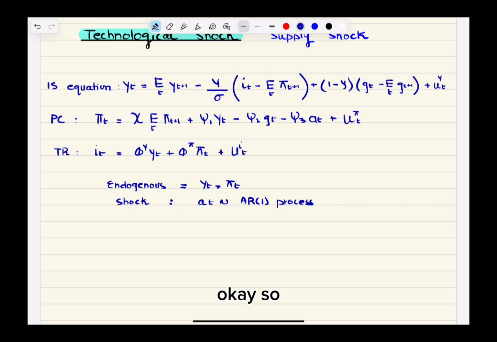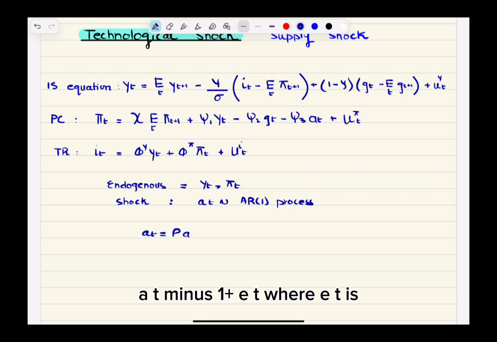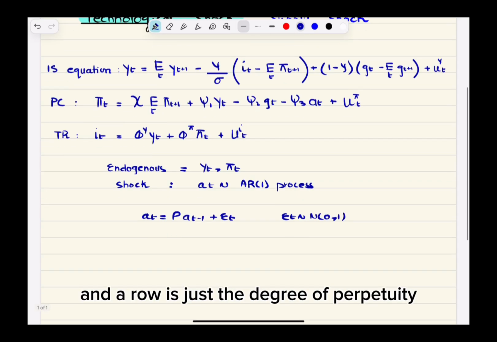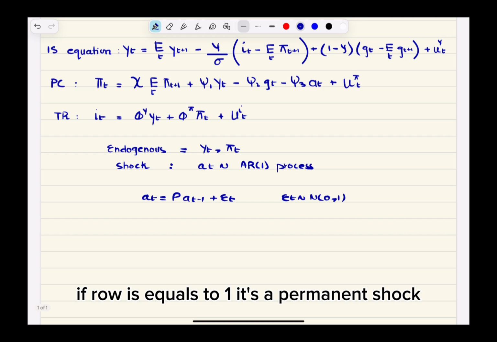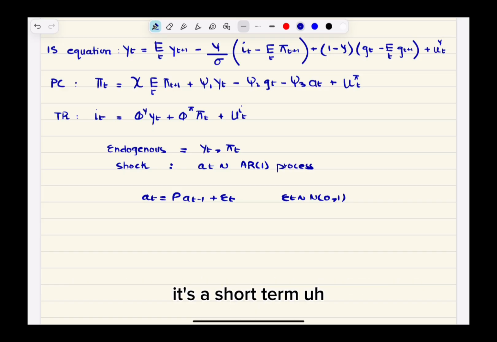Okay. So which means that A_t will be equal to rho A_(t-1) plus e_t, where e_t is white noise, and rho is just the degree of perpetuity. If rho is equal to 1, it's a permanent shock, everlasting kind of. And if rho is equal to 0, it's a short term temporary shock. Okay, so moving on,